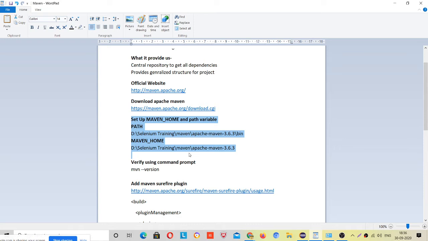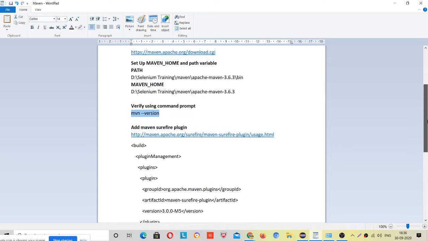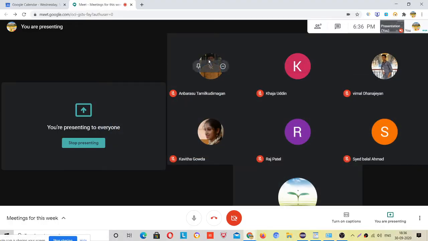We have to configure these two things, just like we did for Java, where we set up the Java path. Then we will check whether we have configured Maven correctly or not, and then we will understand the pom.xml file, which is one of the most important files in Maven.